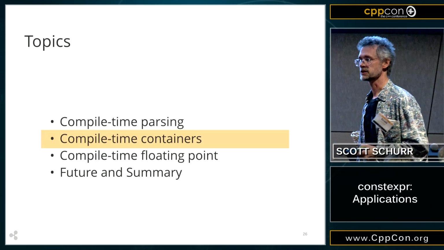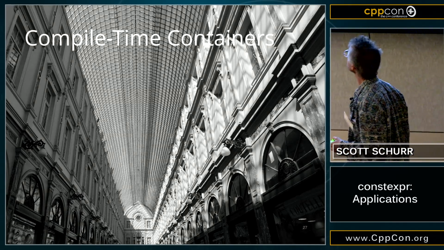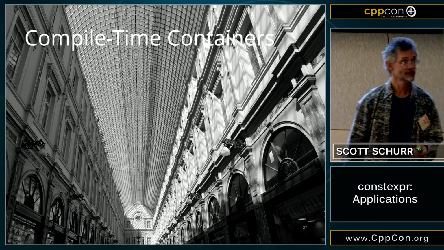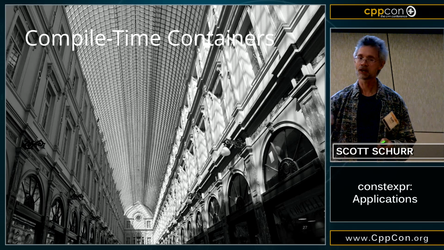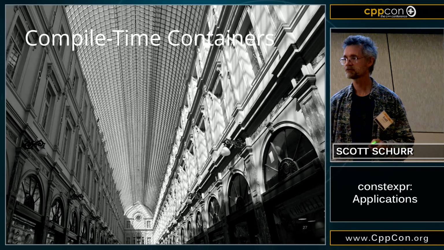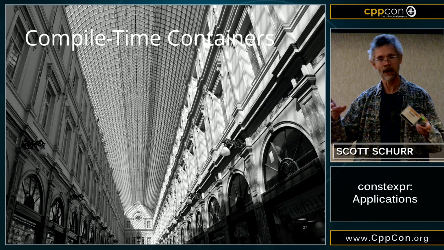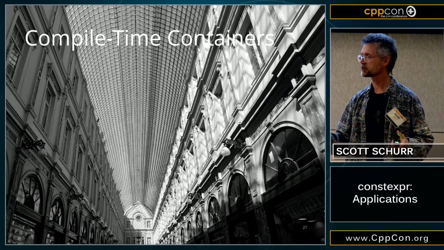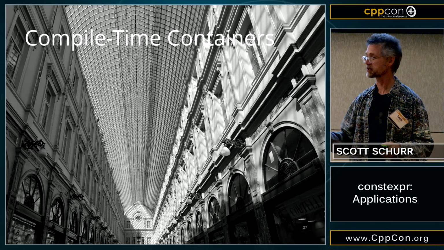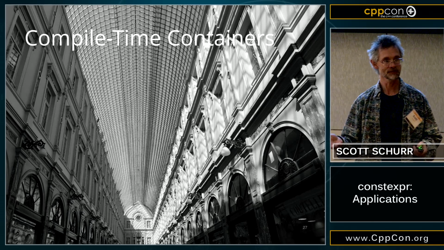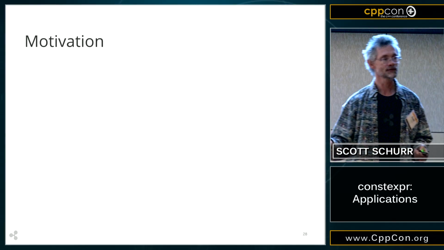So let's talk about containers. This is a big container, and it doesn't change very much. So if you have a constexpr container, as we were saying earlier, that's a const container. Do any of you have situations where you have all of the information for how you would put the container together, but nevertheless, you end up at runtime stuffing a bunch of things into a vector and then sorting them, or stuff like that? Does that happen? Yeah, okay, I'm seeing some nods. So that's the kind of situation we're going to talk about.